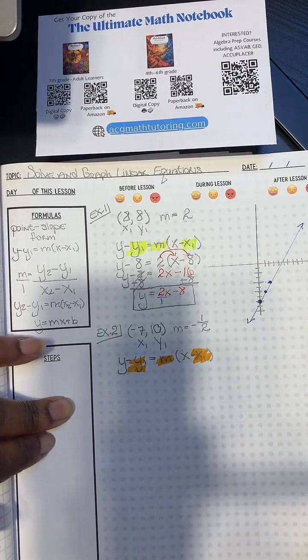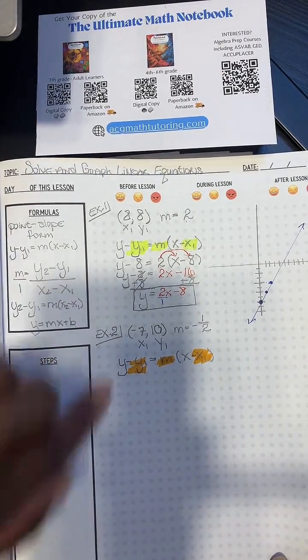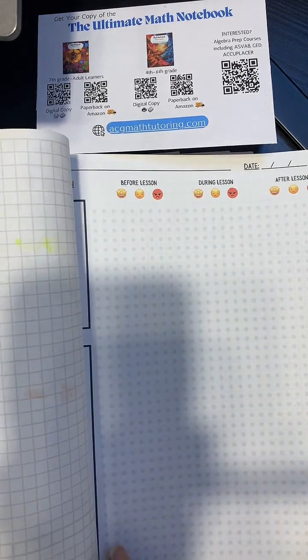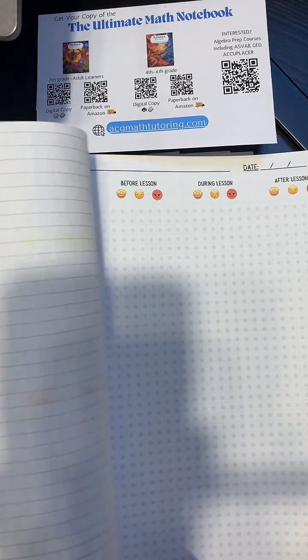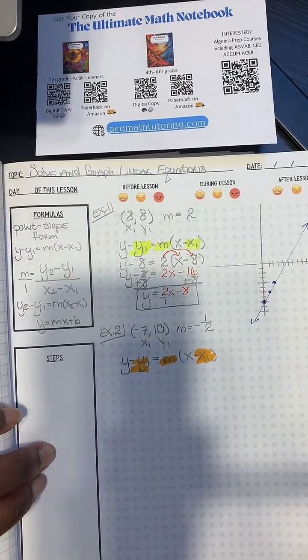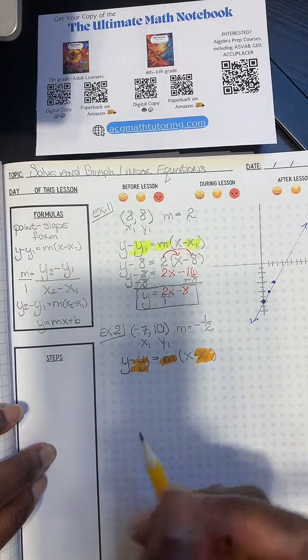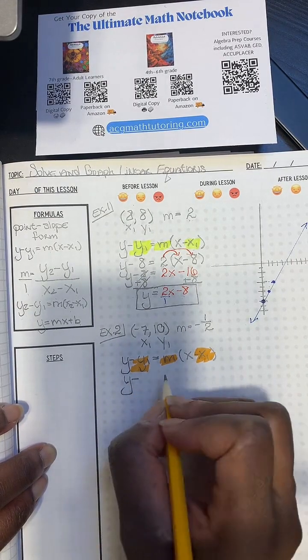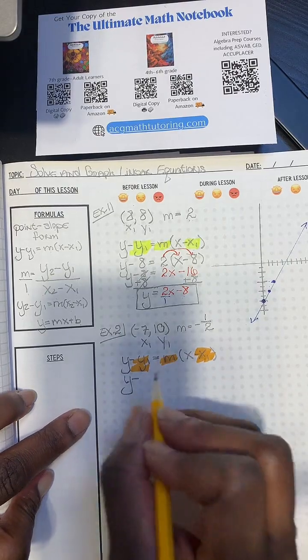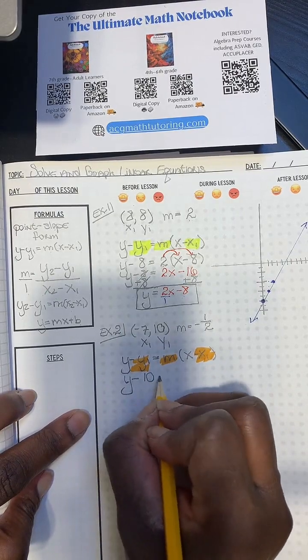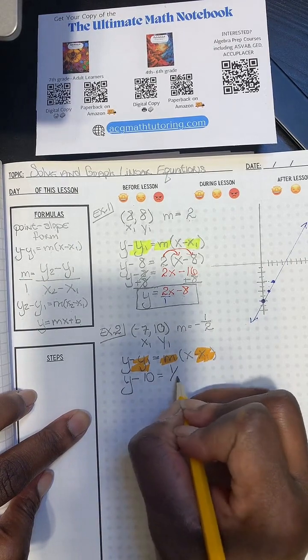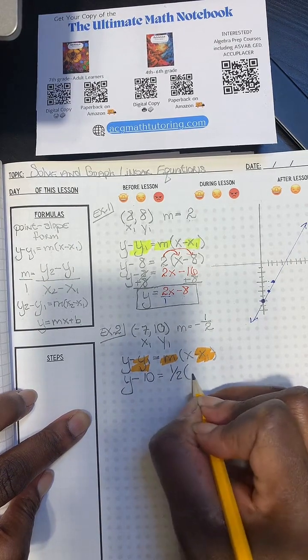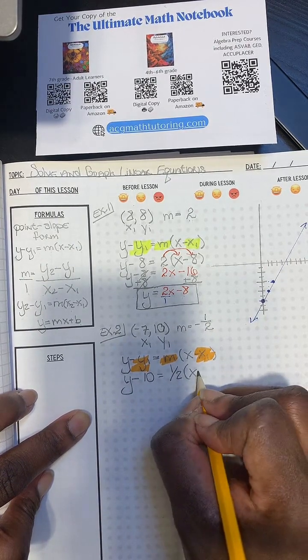All right, just so you can see that. So again, if you're looking at my paper, look, it doesn't seep all the way through, not too much of a mess. But all we're doing is substituting. So we have our y minus my y1, which is 10, equals my slope, which is 1/2, times x minus